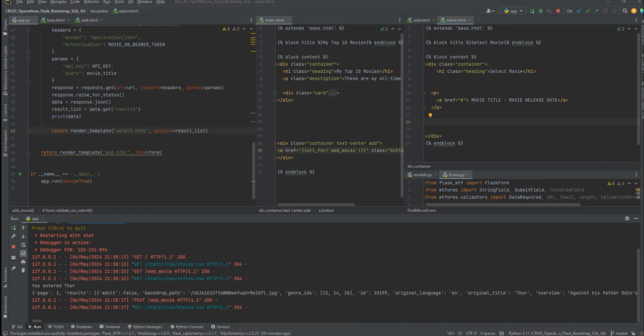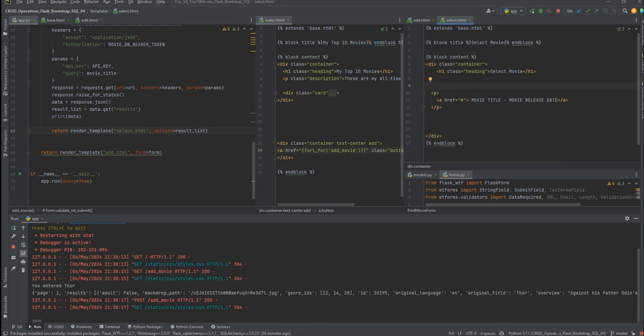Okay, so template rendering is us repeating the same thing dynamically, the same HTML dynamically, without having to type it all over and over again. And this is the power of Jinja. So essentially we've passed in options. Yeah, we've passed in options. So we're going to now use template rendering and say,